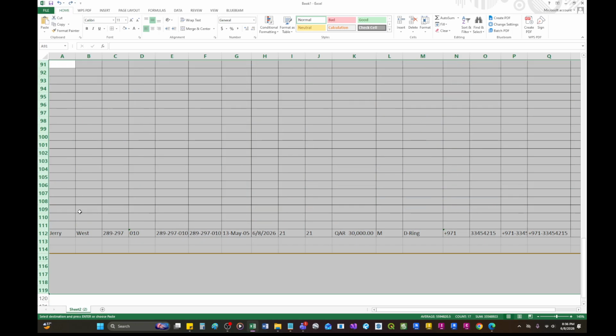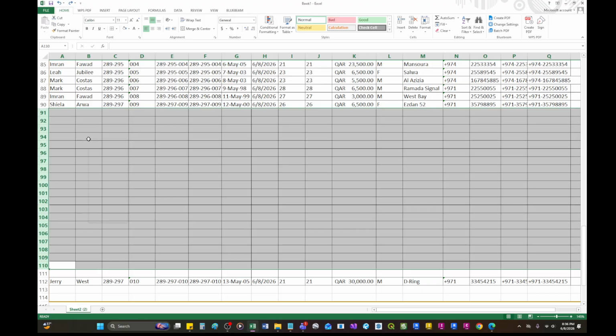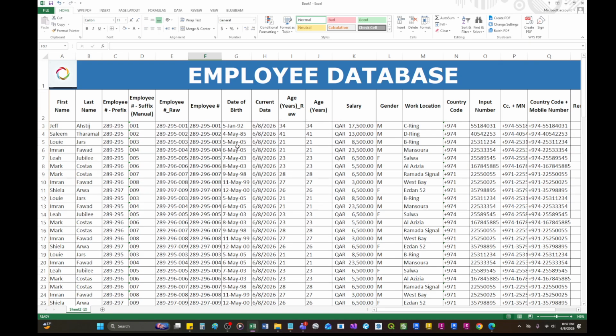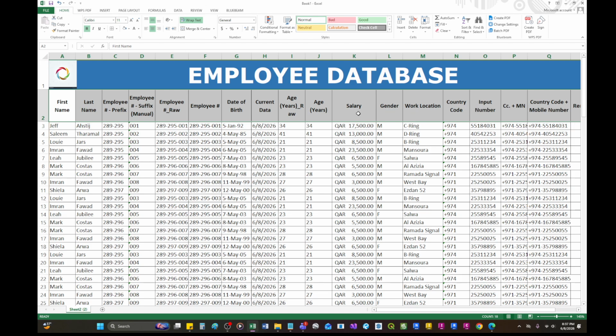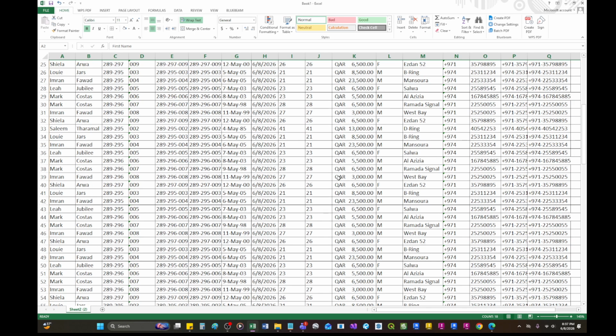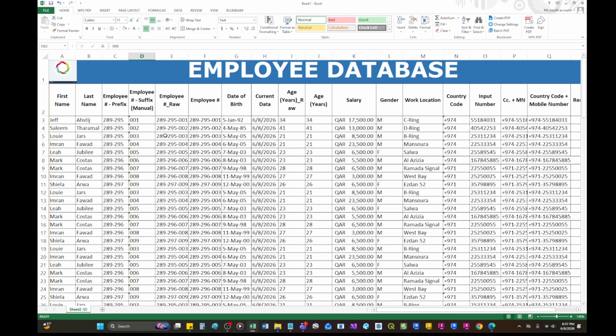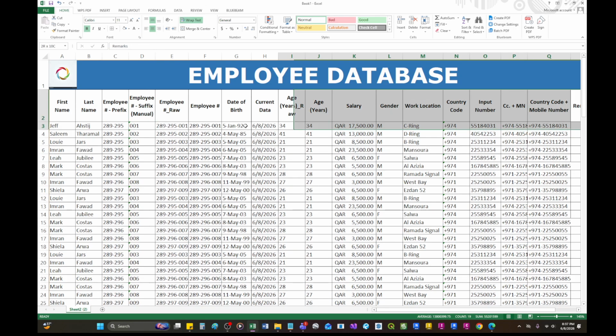Okay, let's say it has reached up to this point. When you scroll it, you do not want to lose these categories, these titles. For example, you're scrolling very far down and you see these two. You will be confused. What does this 23 mean again? And then zero and zero 8. You will be thinking, what does this 008 mean again? So as you scroll down, you would like this to still appear.